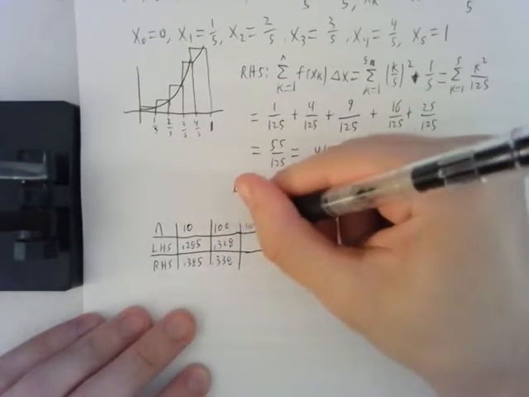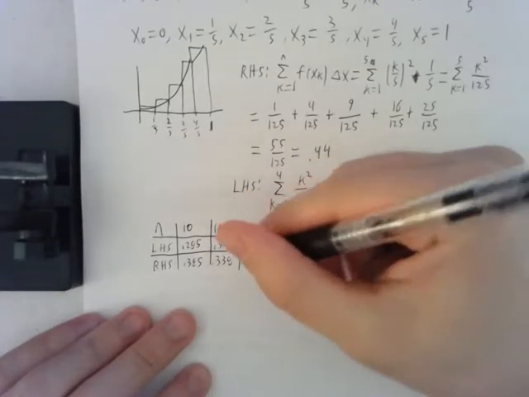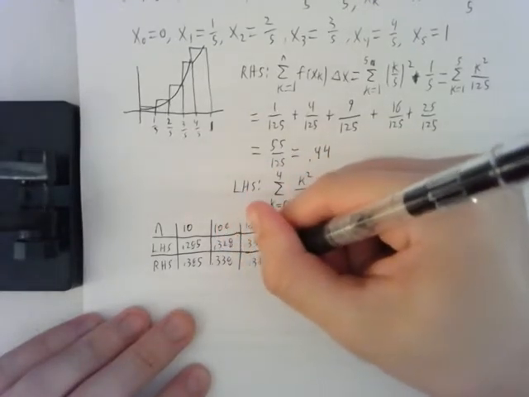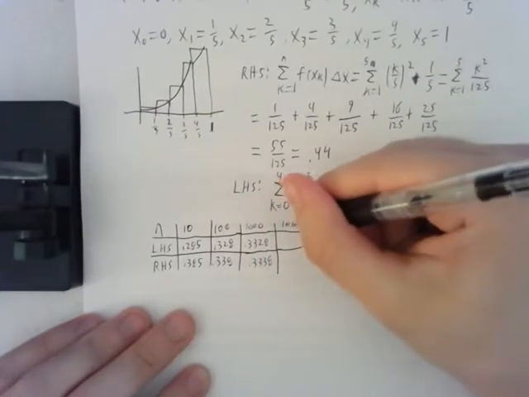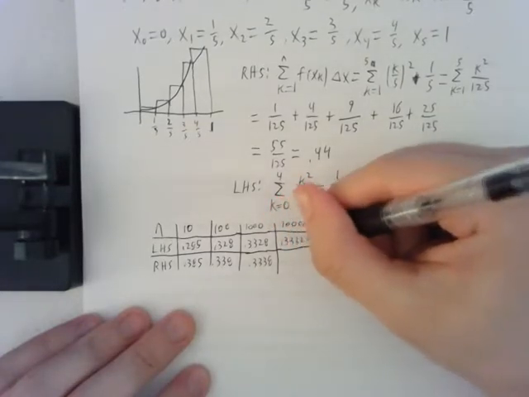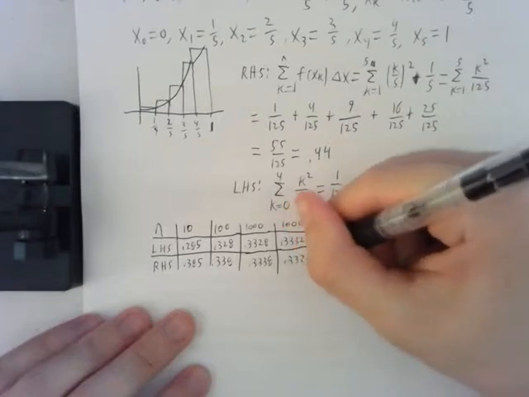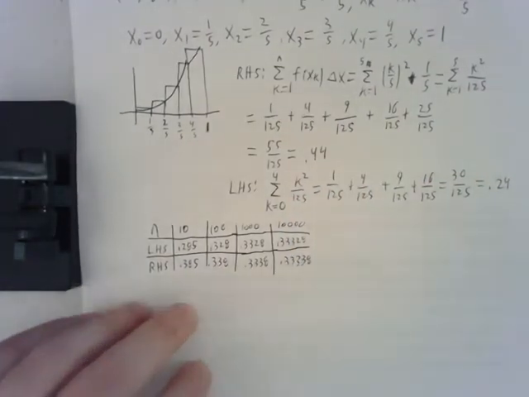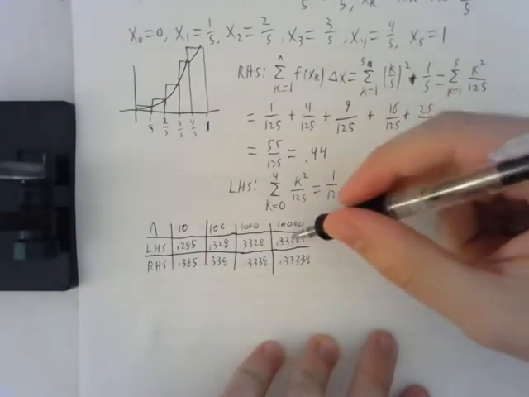N is equal to 1,000, we'll get 0.3328 and 0.3338. And lastly, when n is equal to 10,000, we get 0.33328 and 0.33338. So we could keep going, but we know that the left-hand sum is always an underestimate, the right-hand sum